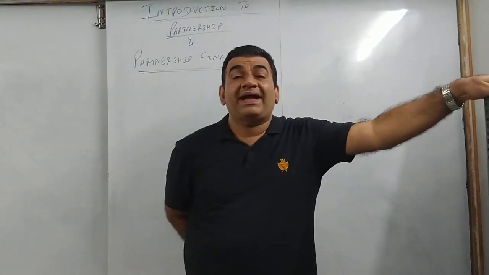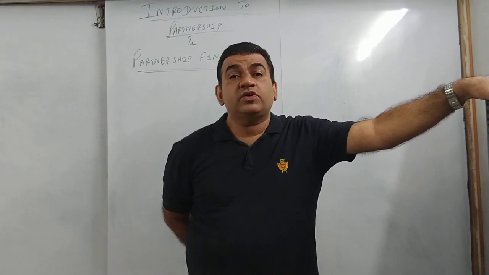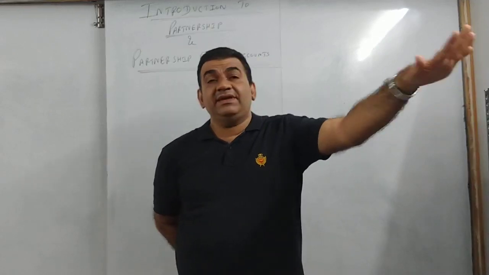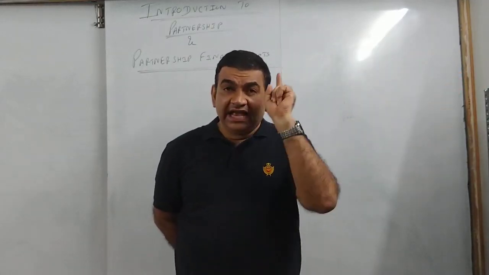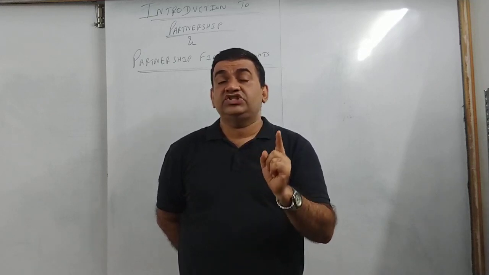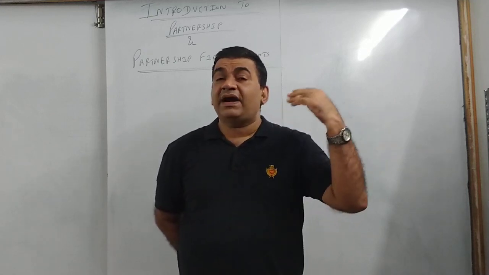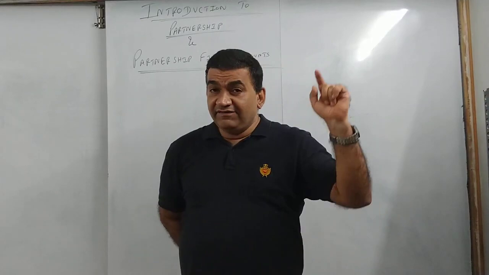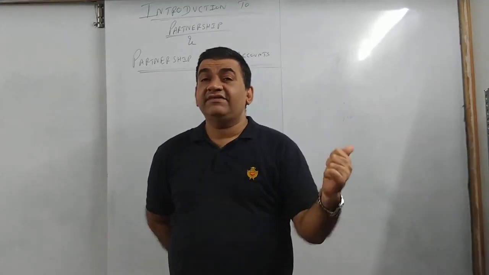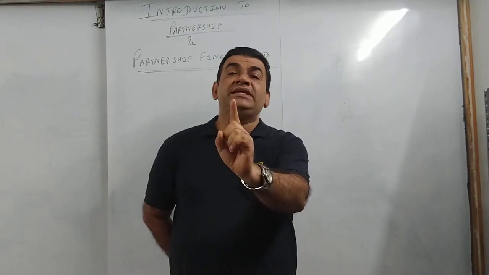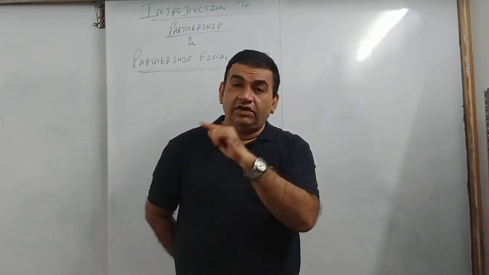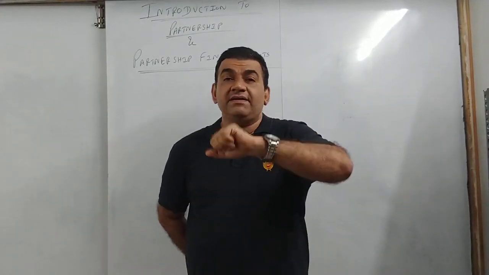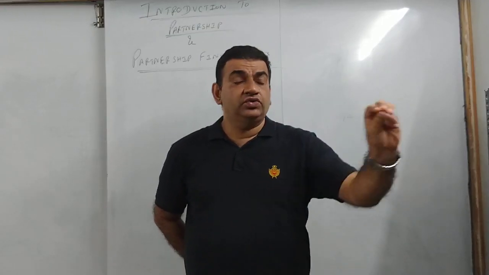Joint management. All of them have to manage it jointly. Whatever the responsibilities are, they have to be taken by all of them. You just can't say, "Hey, this was not my fault, it happened because of him." No. Everybody has to manage the business jointly. Of course, you can give power to a partner, saying, do one thing, you take care of this department. But if there's a problem there, you cannot run away from the responsibility. It has to be blamed on all of them. You just can't blame one person. Say for example, there are 3 partners, A, B, C. Mr. A is told, you do this.